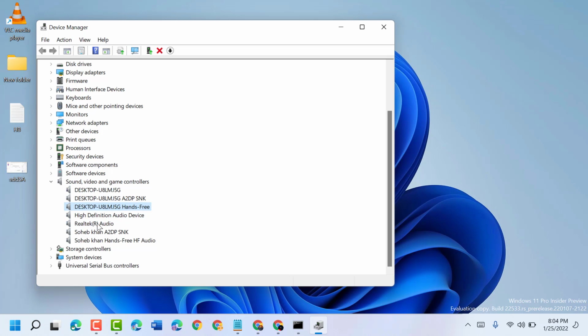Also you can check Realtek audio if you don't recognize it, and if you see the option here to enable, make it enabled. So this is the first way you can check and try whether this method works or not. And in case it doesn't work, so